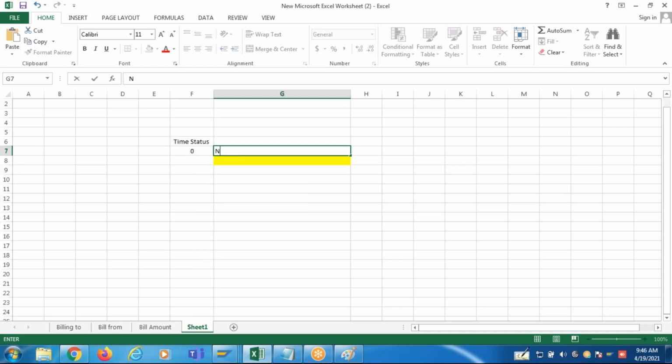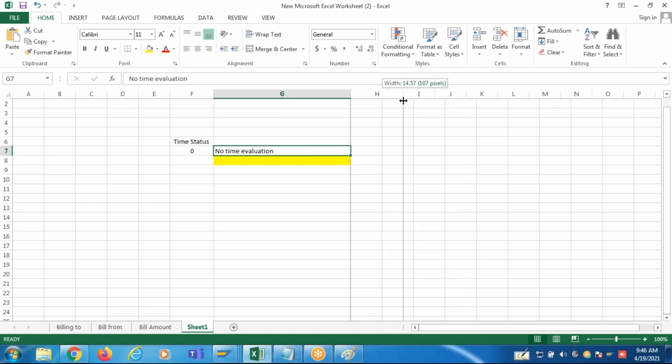This is basically no time evaluation applicable to the employees. Any employee who is maintained with the time status 0, for them no time evaluation. It could be for two reasons.